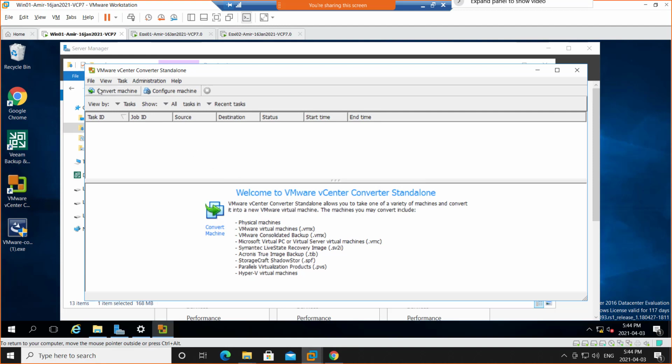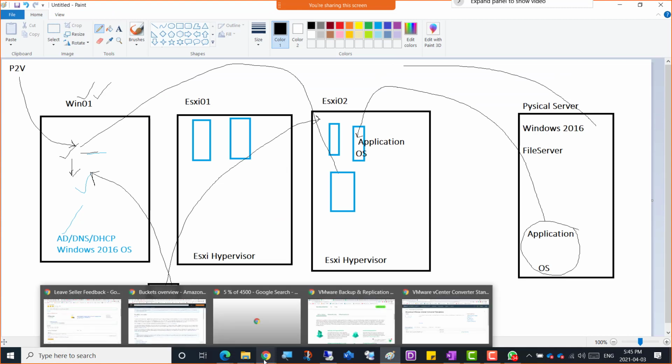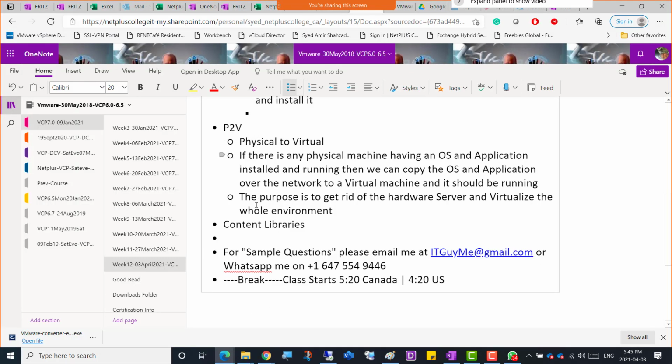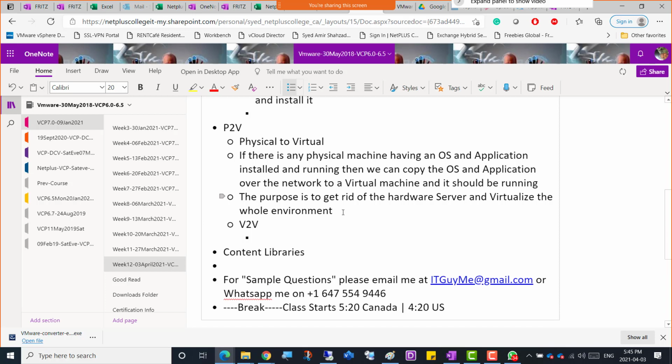So I'm going to go for convert machine here, and before that, one more terminology that I should mention after seeing this. What I talked about already was P2V, but there's V2V as well. So that's P2V, and what then is V2V? V2V is virtual to virtual,